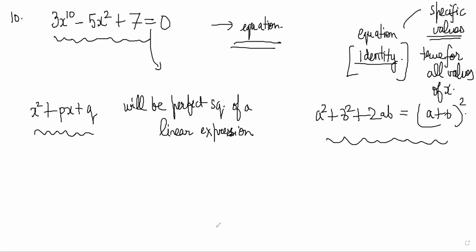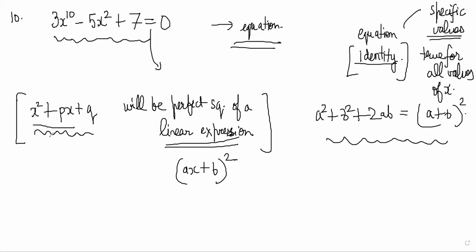It will be a solution if you first make it an equation, right? Right now it's not even an equation, right? So just think about the English of it. What does the statement mean? It means that this thing is a perfect square of a linear expression. A linear expression will look like this, right? This thing is equal to the perfect square of this, right? That is the question. Okay, so a perfect square would look like a square plus b square plus 2ab, right?